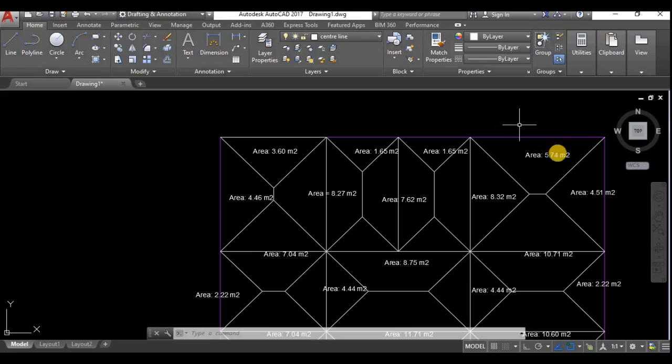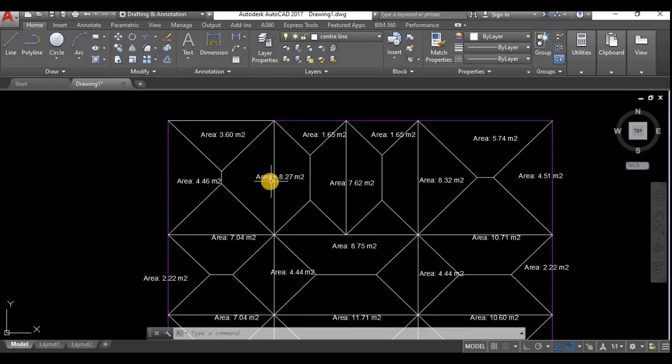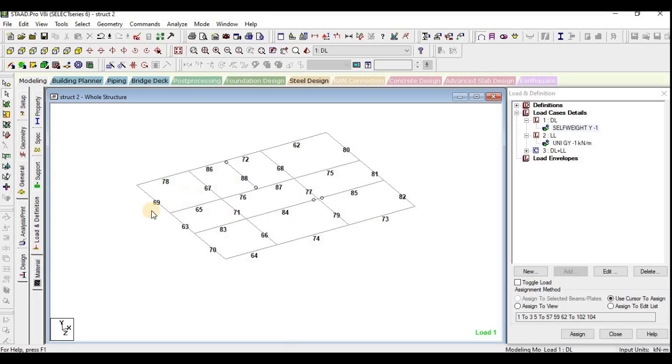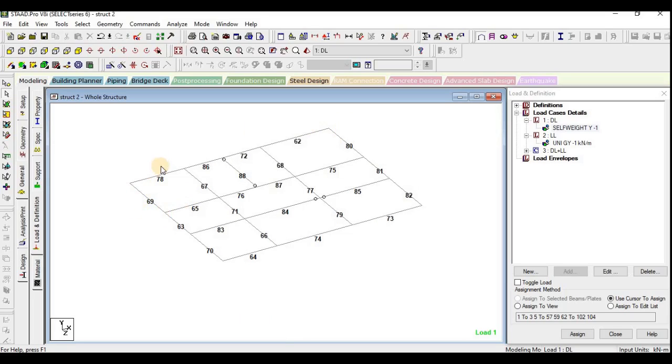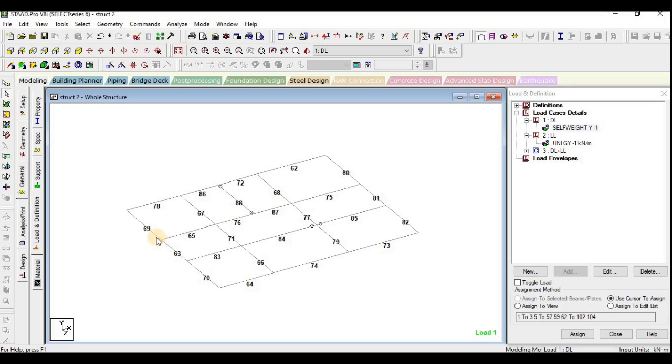Similarly, if you enter in a certain format, you should first enter the straight beams, and after that you can enter the vertical beams. If you enter in that way, you can remember the way you have entered the beam numbers for the first floor and second floor. So I chose the first floor and entered in this manner. In the same manner I have noted for the second floor, so that I could remember how to enter the numbers, and I entered for the second floor by selecting the whole structure.